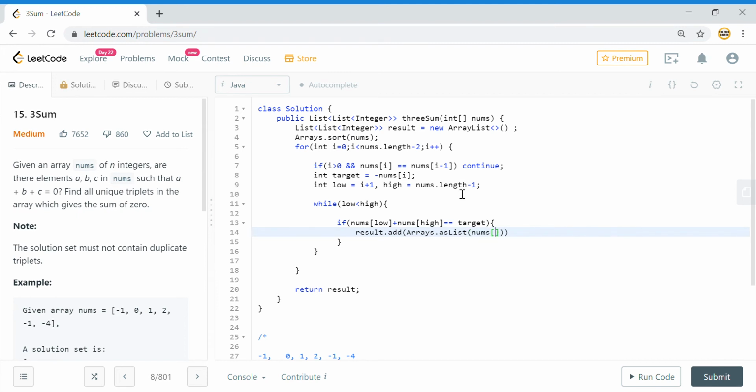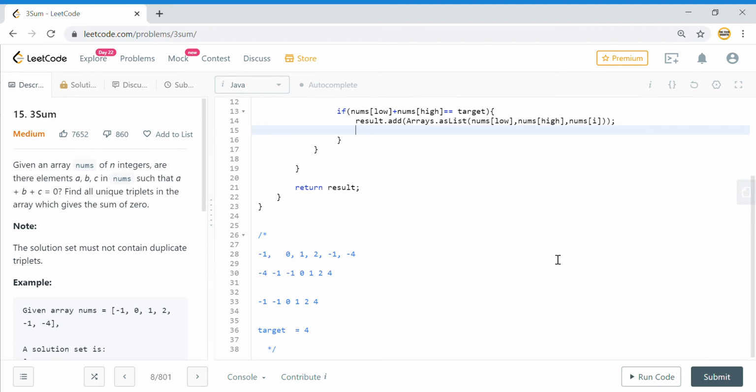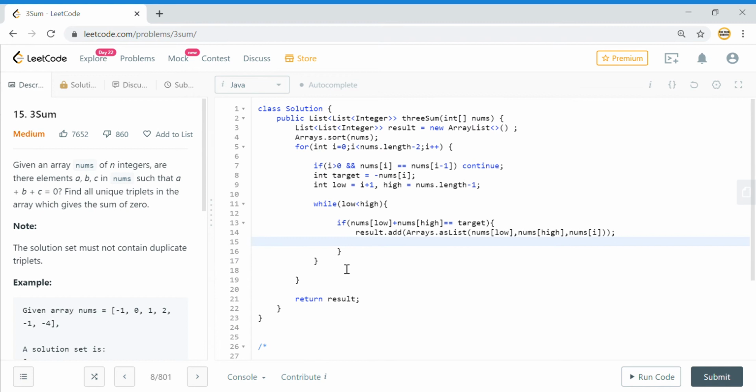So I will add nums of low, nums of high, and my first number, whatever I made as the fixed number. Now I have to make sure that once I added these numbers, if the subsequent numbers are duplicates, I need to skip those numbers also because I don't want a duplicate in my solution.